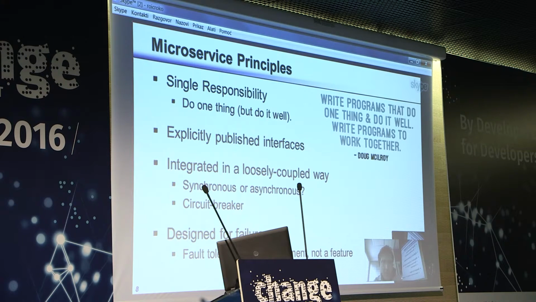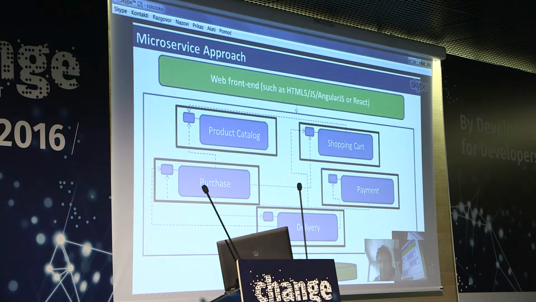Microservices should also be integrated. Actually, microservices need to be integrated. If we look back at this figure, we can see that an application actually consists of many microservices, and those microservices communicate among each other using those interfaces which I have mentioned, and these microservices together form an application.